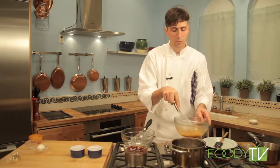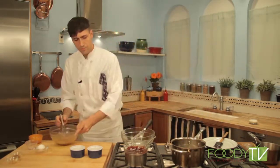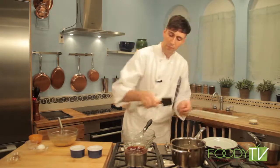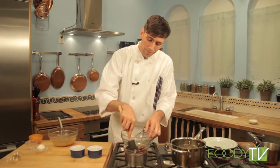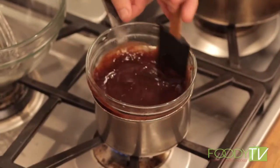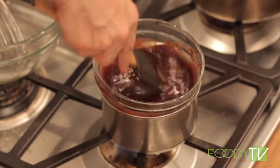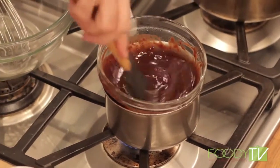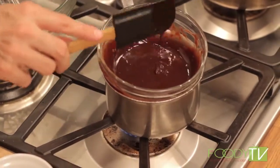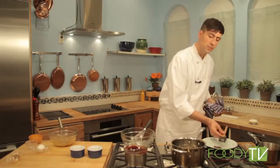into our egg yolk. So we can pull this aside, and we can just mix this last little bit of butter into our chocolate. And keep this here. It stays nice and warm. So now that we have our coffee syrup cooked into our egg yolk, and our chocolate and our butter and our rum melted together,